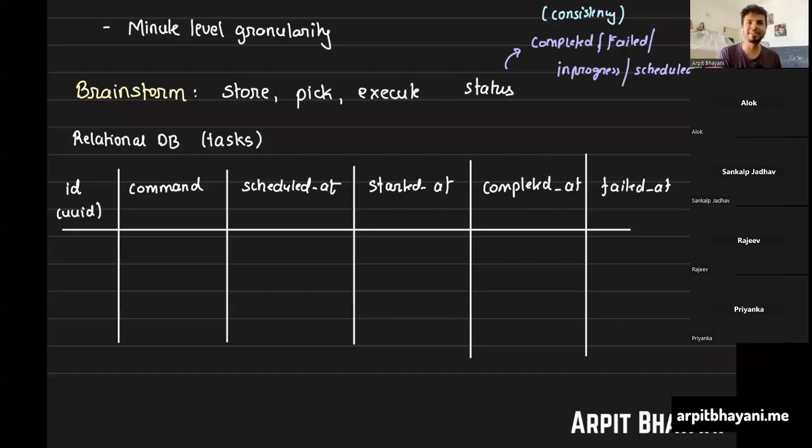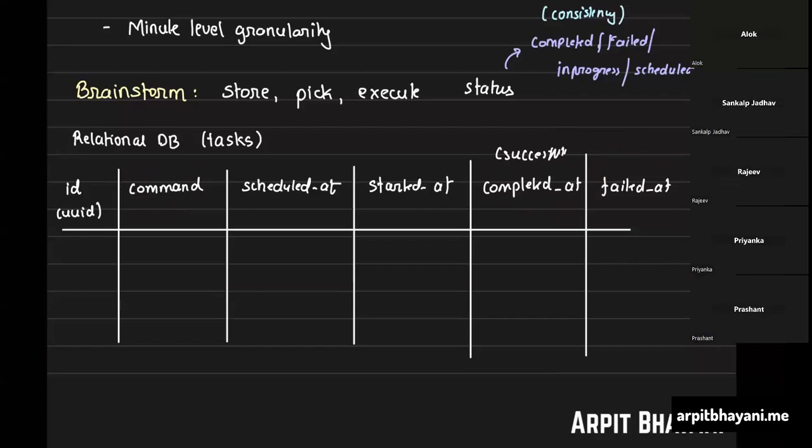Okay, let me talk about it. This is where we need to store these two in separate columns: completed at and failed at. Completed at is when your task was successful. You would know how much time a particular task takes. You can multiply this by 1.5 and set it as the maximum. So when your orchestrator is checking whether this job would have completed or not, historical data would tell it how long to wait before it can conclude that the task failed.